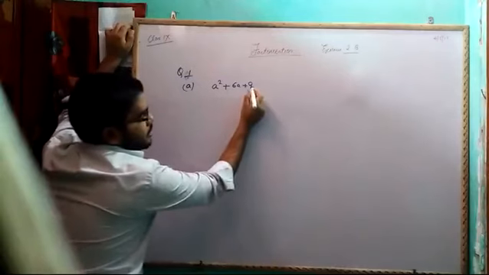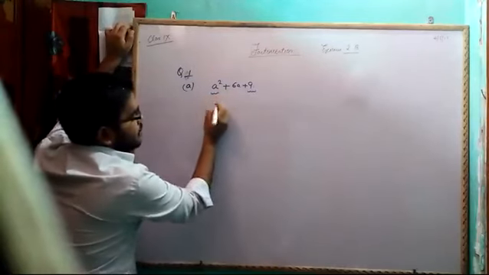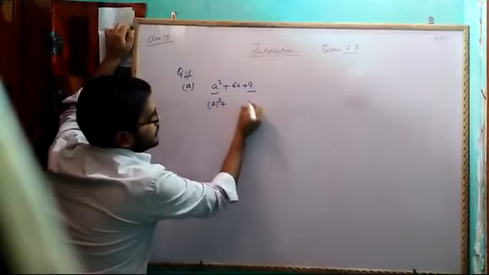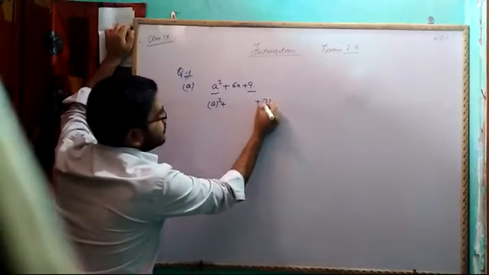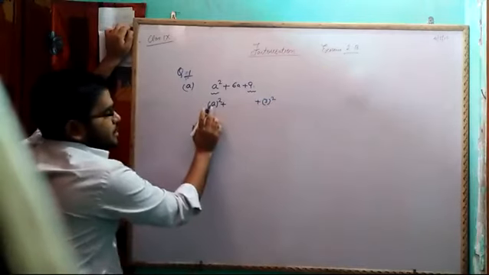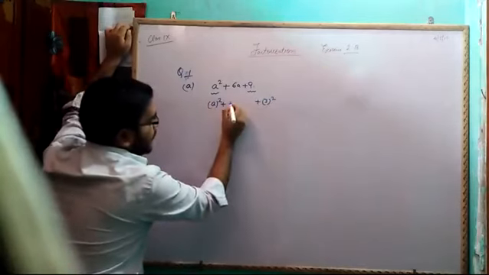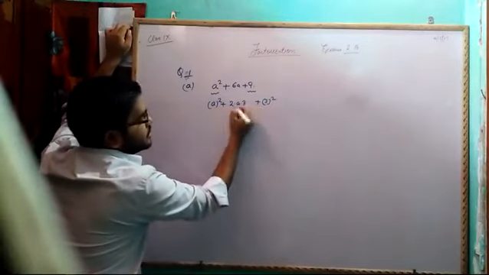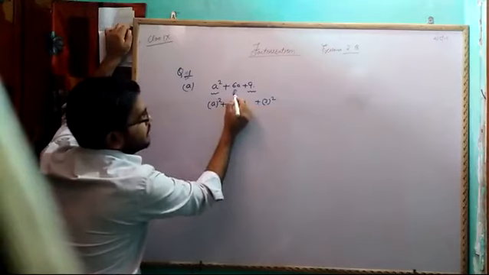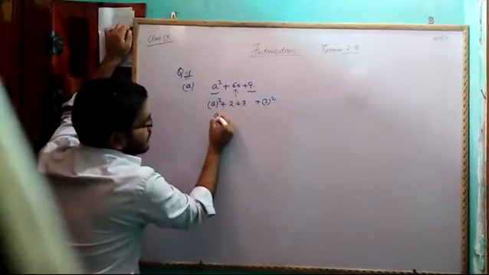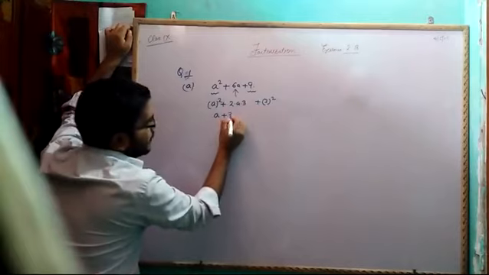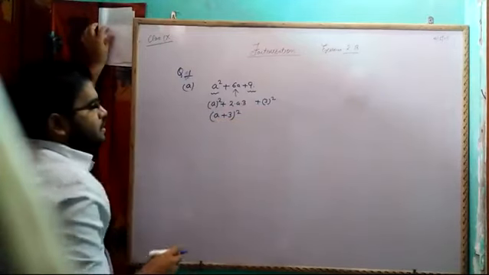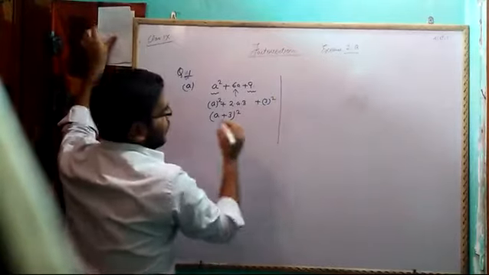This is a perfect square, 9 is a perfect square, a square is here. So first of all, I can write a square plus 3 square. Now if you see a square and 3, if I apply the 2ab formula, 2 into first term into this term, I will definitely get this middle term. So it is confirmed that I can write this as a plus b whole square. This is one method.